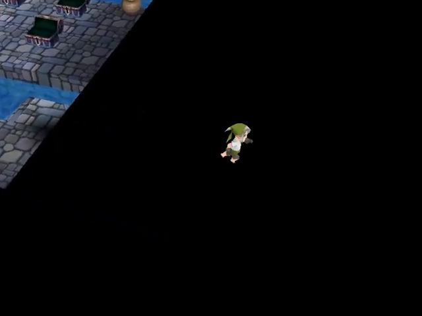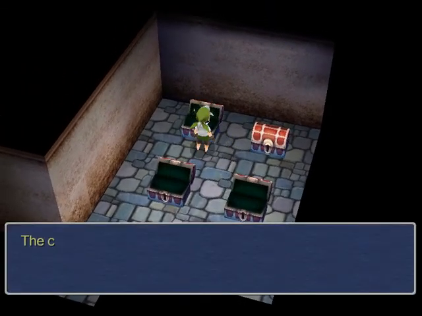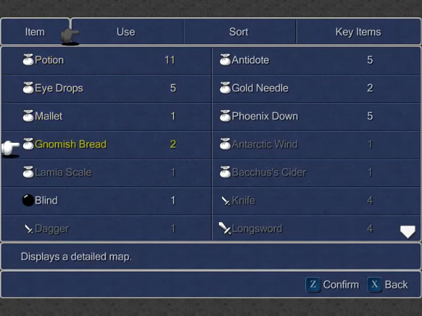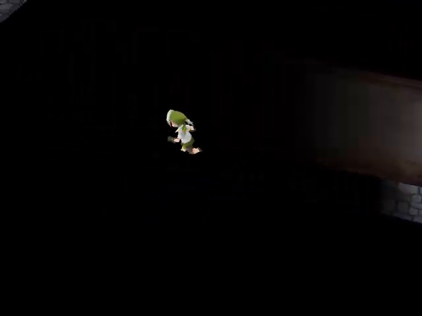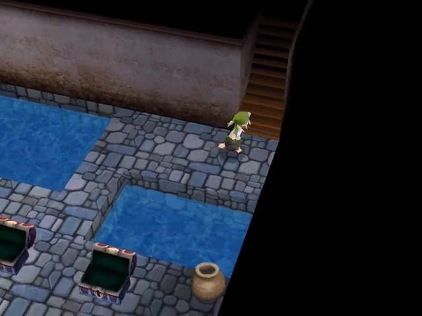But if you come up here, there's another small secret offshoot area with 4 more chests. 2 of them have 2,000 gil. And the other ones have phoenix downs. Now, gnomish bread can be used to get a detailed version of the map. You can only use that on the overworld. Not like you really need to use it much. I mean, you can look at a map at any point, sure. But coming down here for that 4,000 gil is the main part